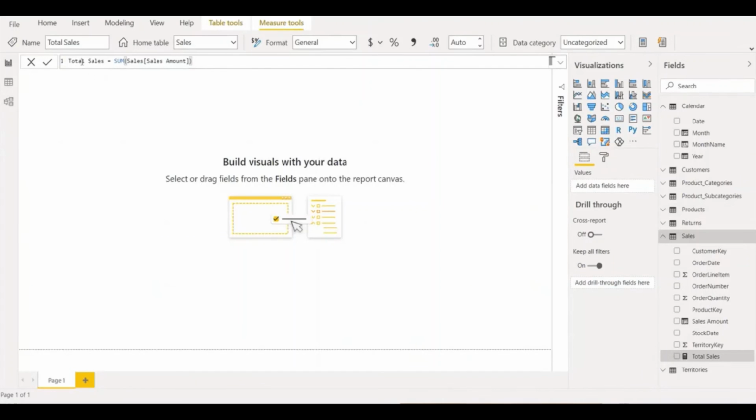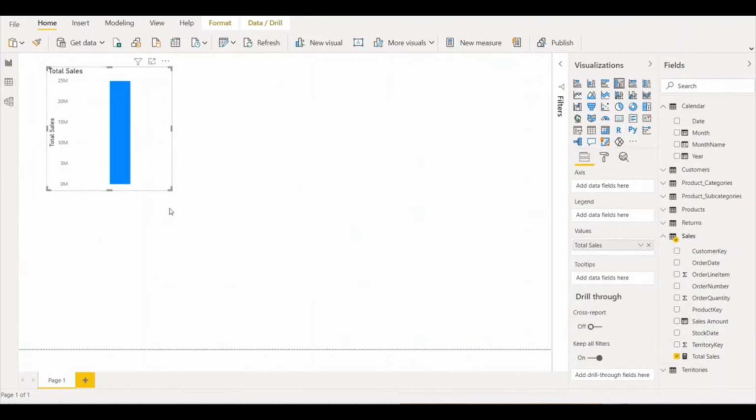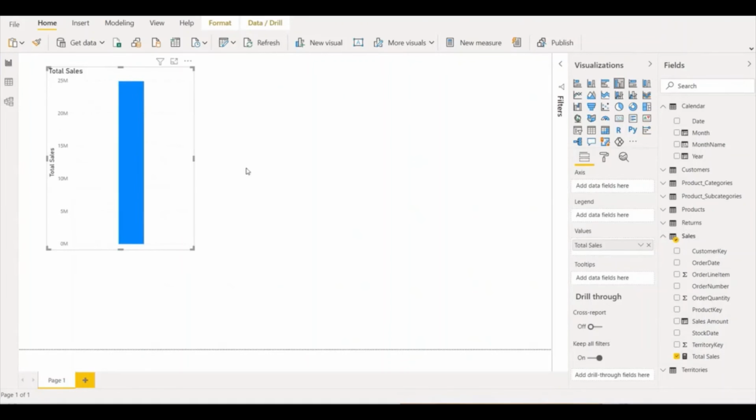Total sales. Once you have written the DAX formula and created the measure, it will appear in the sales table on the right-hand side, as total sales. You can just click and drag it to see the number. You can have the chart readily done.